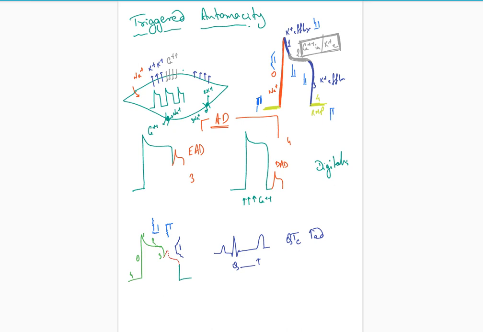So depolarization which is happening, that is phase 0. We call it phase 0. So all of these are phase 0. Now when potassium efflux is going on, that is called phase 1. Anywhere you see it, you are going to call it phase 1. And after that when the plateau phase comes up, that is called phase 2. So this will be called phase 2.